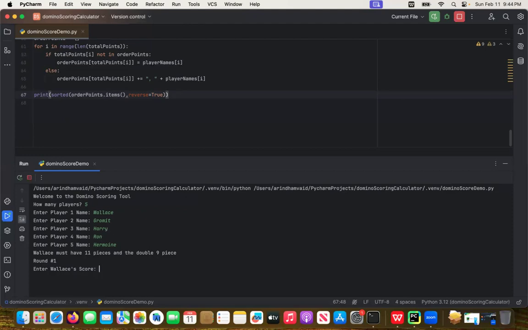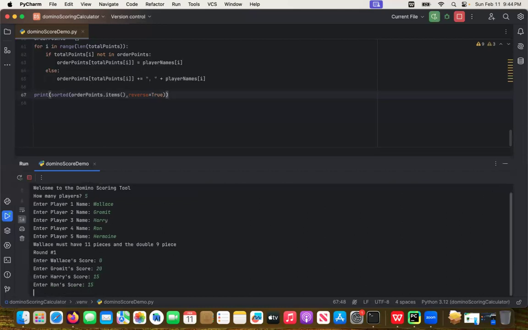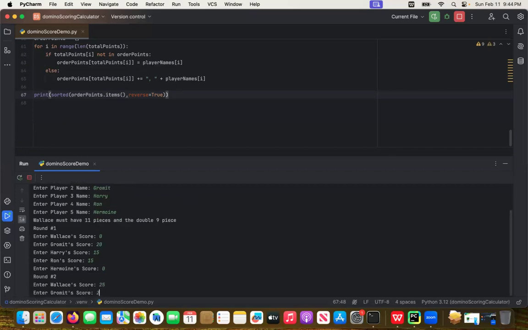So Wallace is going to start and he puts the double 9 piece. So there's no way that he can earn points on his first round. So he's going to have a 0 there. So I'm just going to add points as it seems like. We'll put in 20 for Gromit, 15, 15, 0, 25, 25, 0, 15, 20, 20, 20, 0, 30, 30,